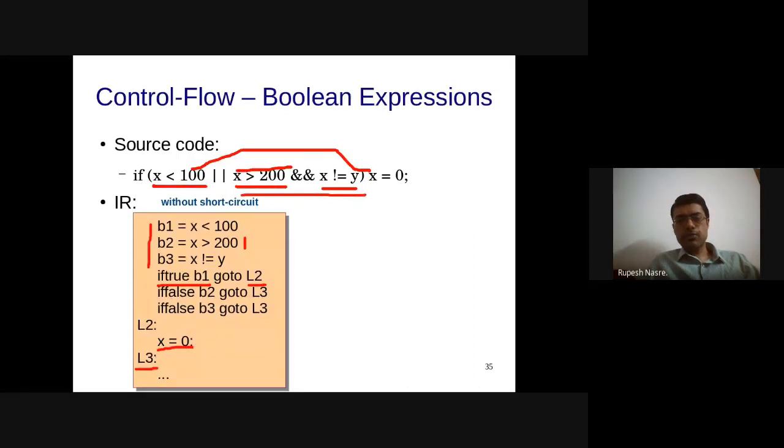Yeah. So if expression 1, 2, 3 are evaluated before all of these, then it becomes without short circuiting. But if expression 1, 2, 3 are replacing those conditions, that is expression 1 is same as x less than 100, then it becomes with short circuiting. Okay, good. Thanks for pointing it out. Okay, so then I'll wait for a few seconds for others to try out what different kind of instructions you get, and then we'll discuss.